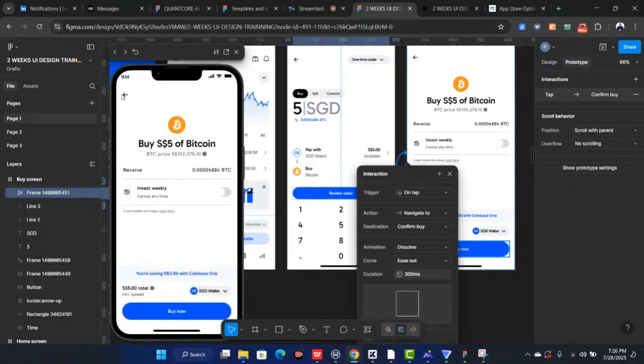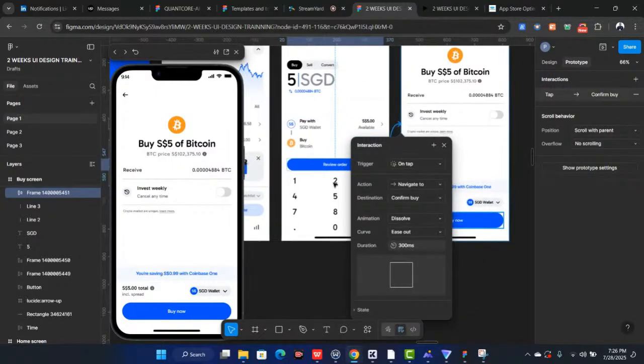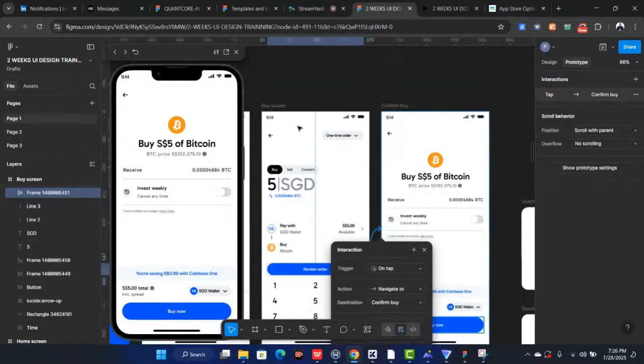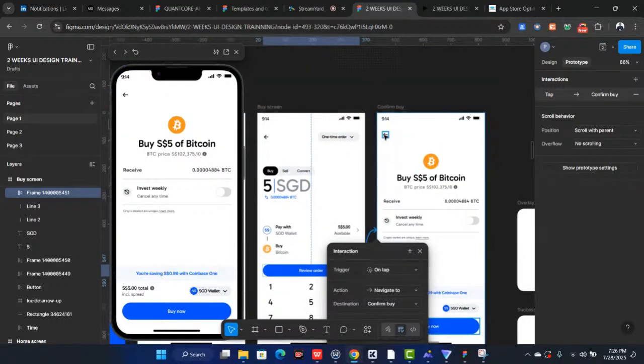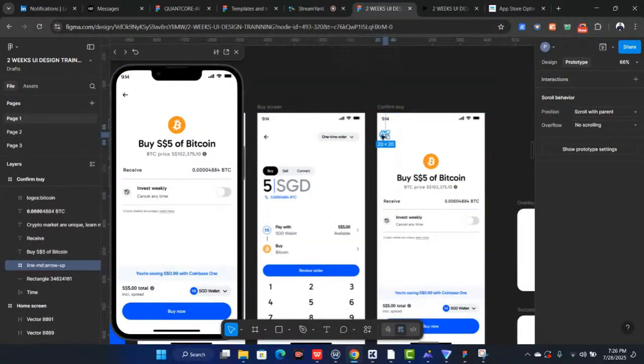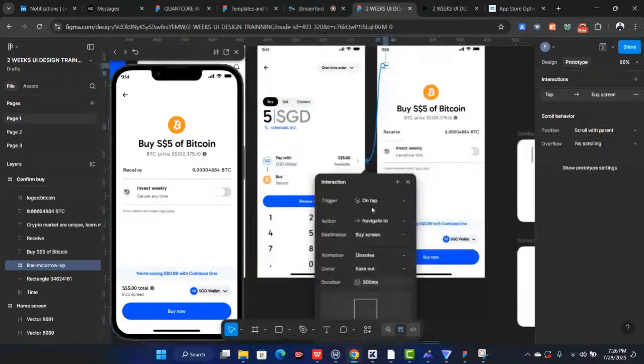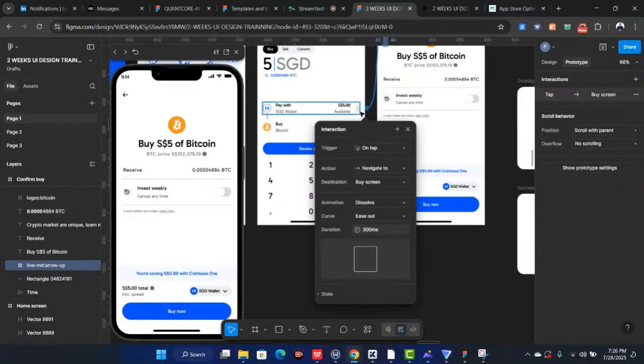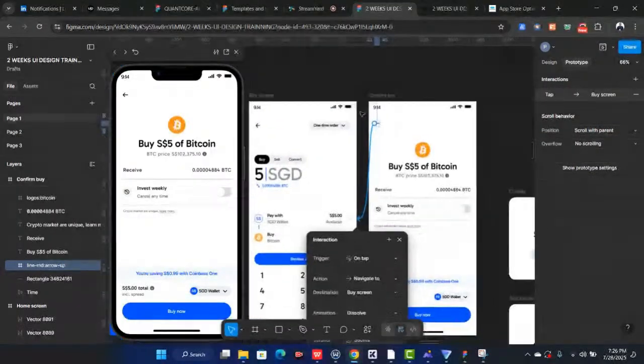It has gone to the next screen. If I click back, it won't go because I've not prototyped that. So I'll click on the arrow again, then drag it with the node to this. What's the trigger? When I tap it, navigate and all of that. Then finally,